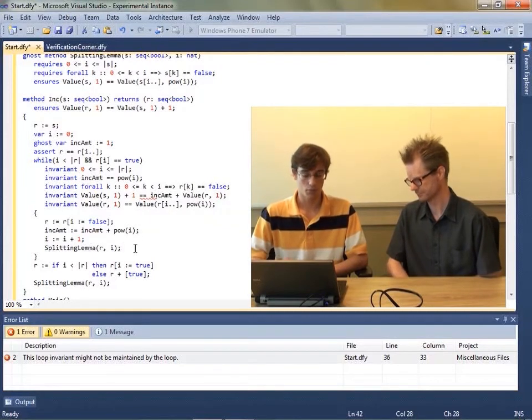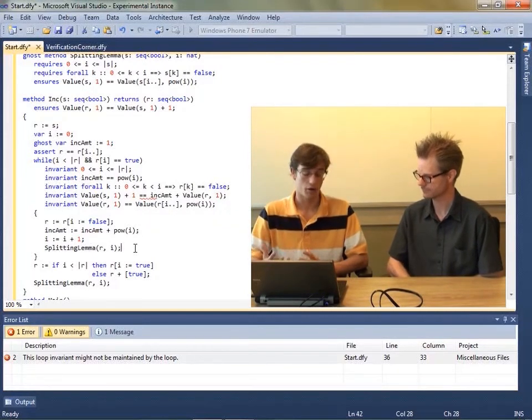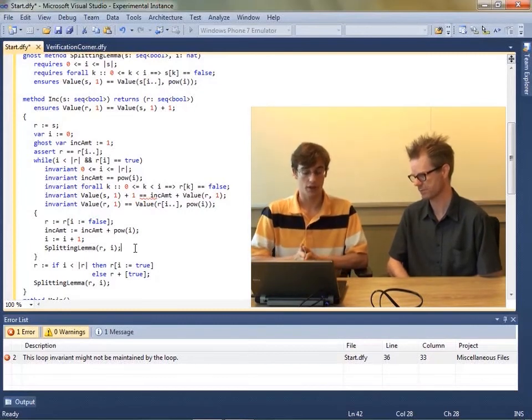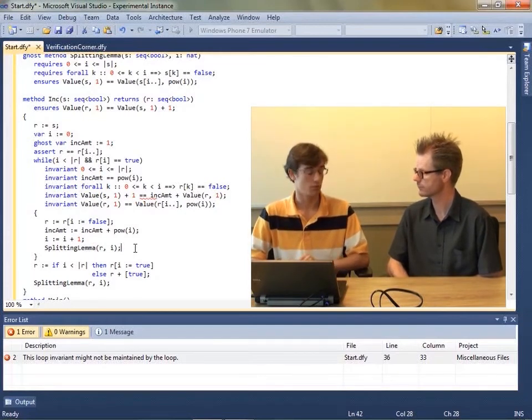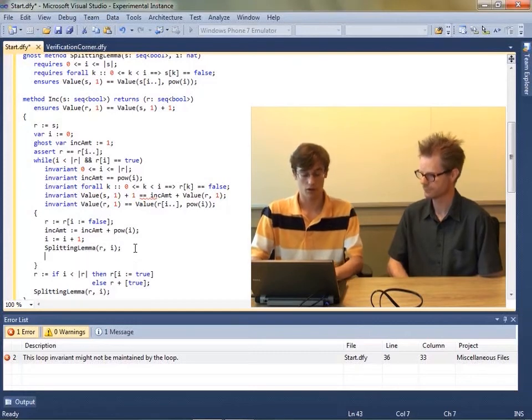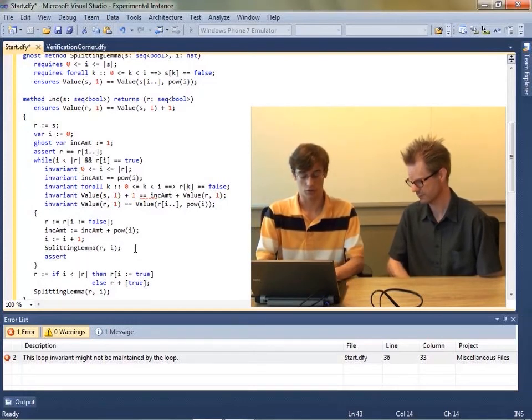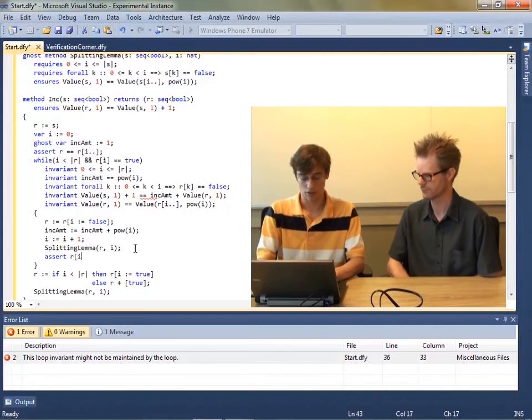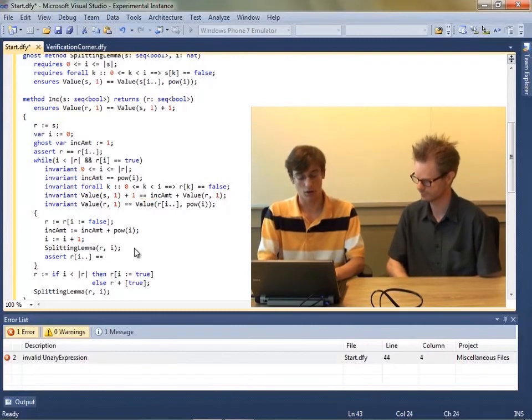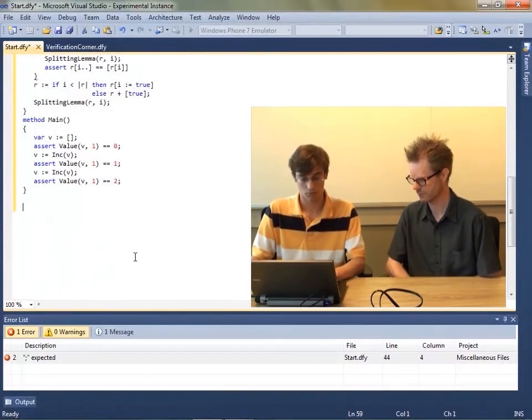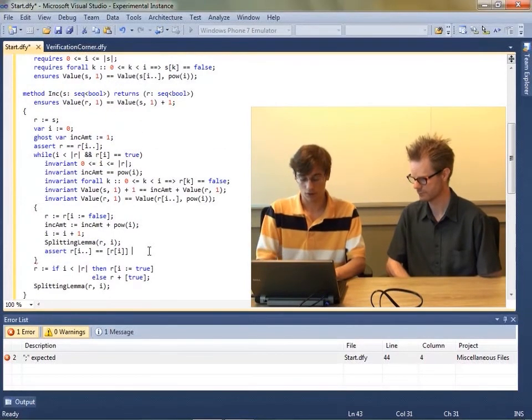So we're going to have to give it a little bit more of a poke to tell it how to reason about that. And really what we have to do is tell it how to split R, and actually a subsequence of R, into the right values. So we're going to do that again with another assertion, and we're going to assert here that the rest of the sequence, past i and beyond, is equal to the value at R i,